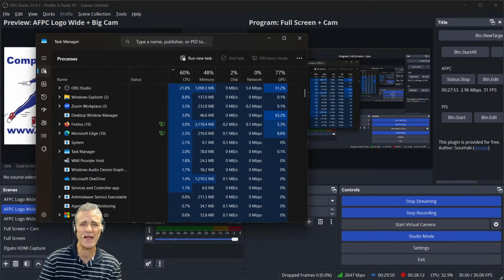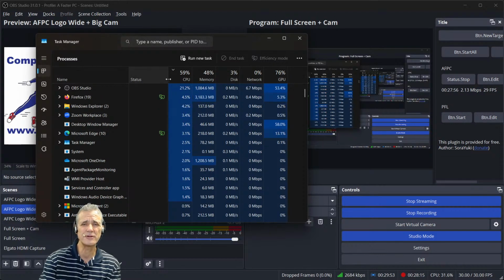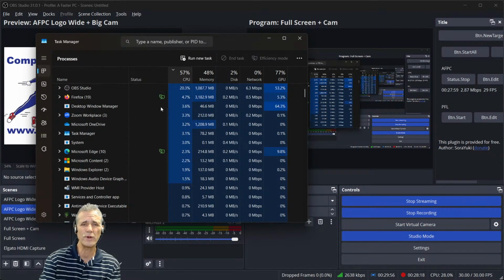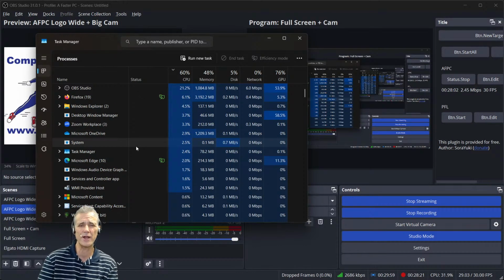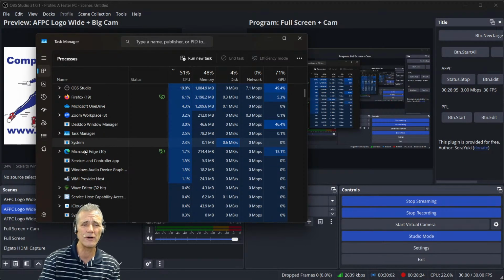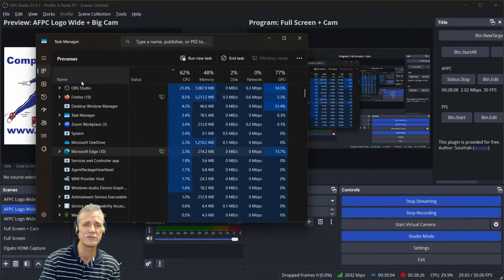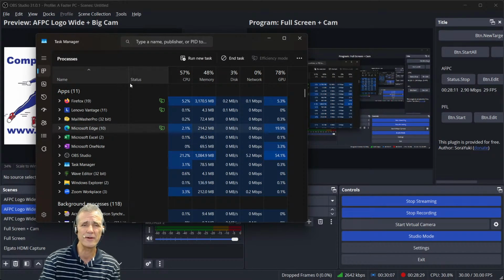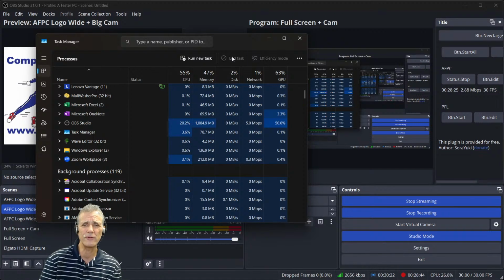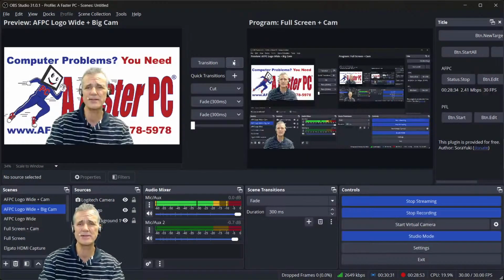So that actually loads, and you'll see the various windows that are open. Whatever browser you were in when the message came up, you want to look for that browser, and you can sort by name, because if you're sorting by the other columns, the names will move around. Let's say it's Microsoft Edge, and in my case I did load Microsoft Edge, and I click on it here, and then I click on End Task. What this is going to do is close that out. That program will not be open again, and you won't have that app running. You won't have that message coming up anymore.